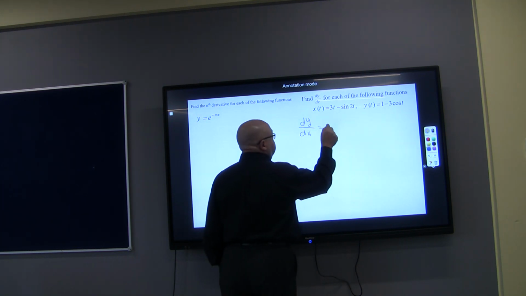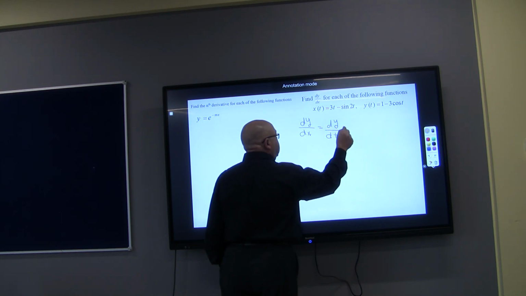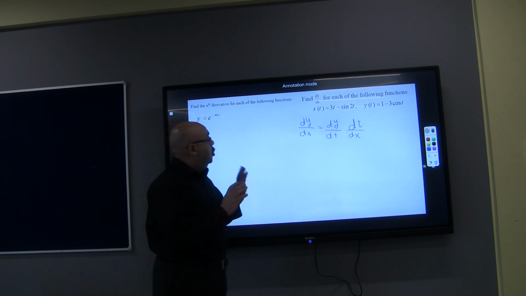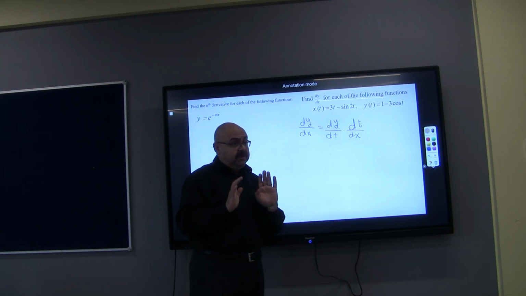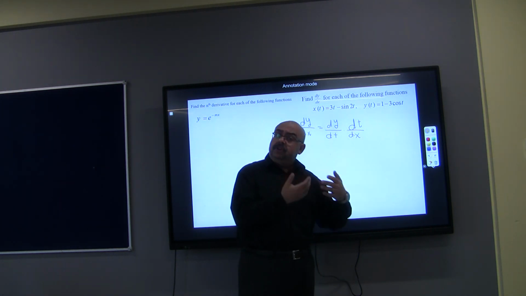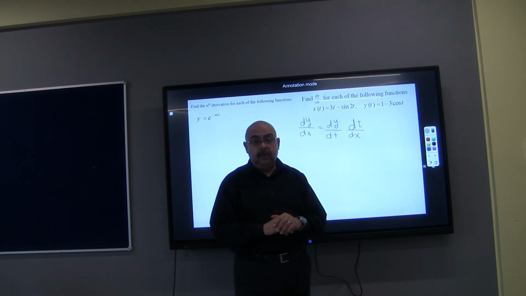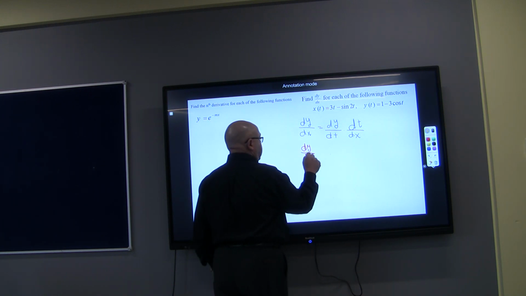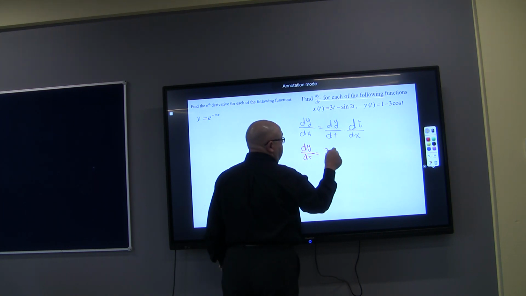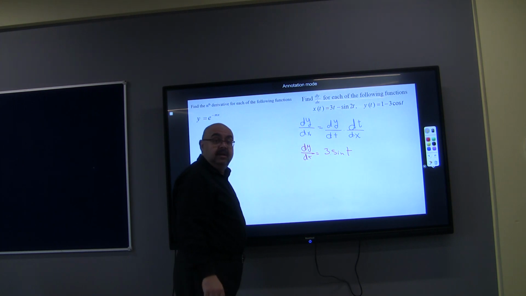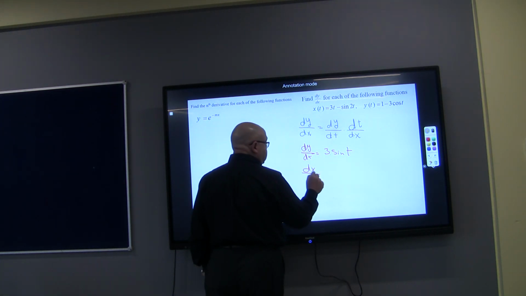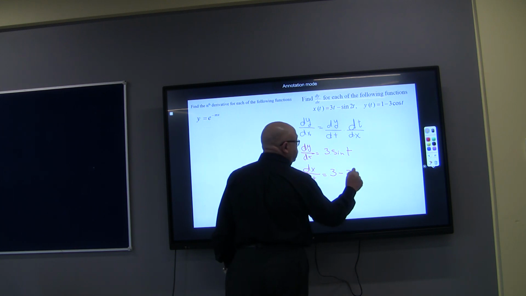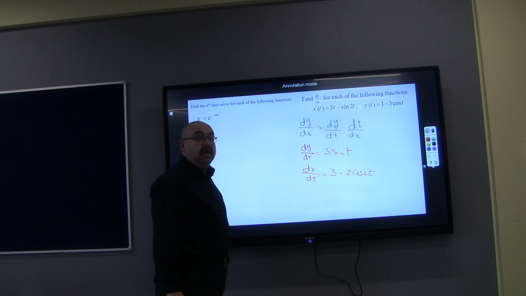which states that if we need to find dy by dx, we will first have to get dy by dt, then times dt by dx. So I will have to differentiate x separately with respect to t, and then get y separately as a function in t, then I will start to substitute in this rule. Step by step. It's very, very simple. So all I have to do is get dy by dt, which is simply going to be 3 sine t. Right? Then dx by dt, which is going to be 3 minus 2 cosine 2t. Right? Then I will start to